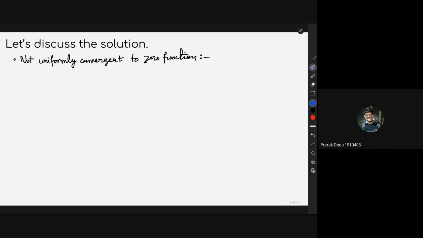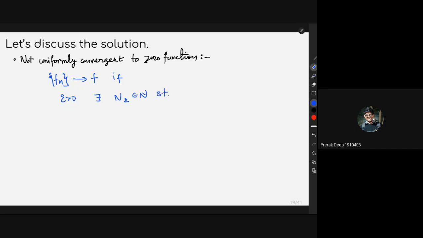In order to say that it is not, what is uniform convergence? First, let's see that. If you consider a function sequence fn, it is said to converge uniformly to f if for any epsilon greater than 0 there exists N in natural numbers, depending only on epsilon, such that |fn(x) - f(x)| is smaller than epsilon for all